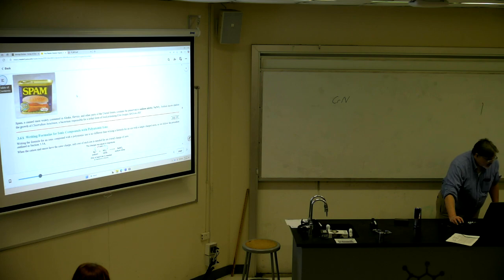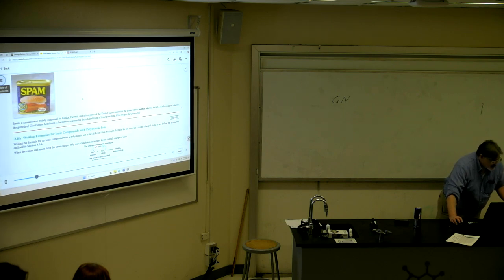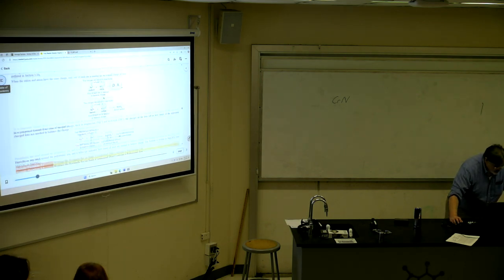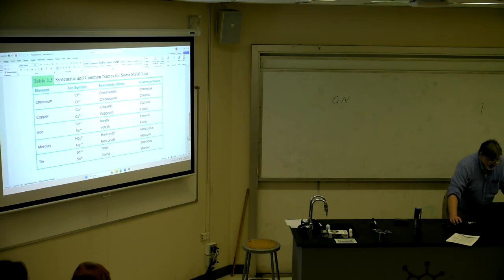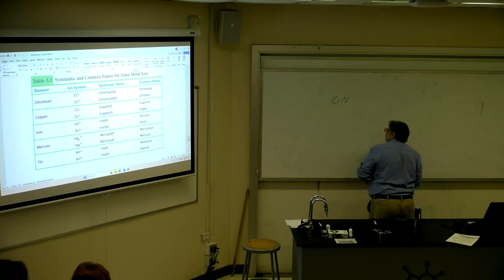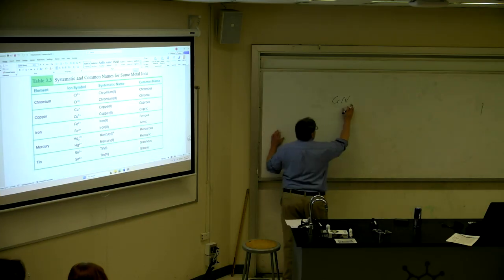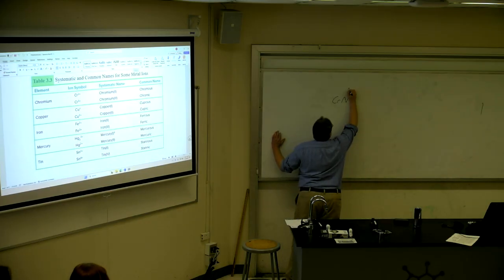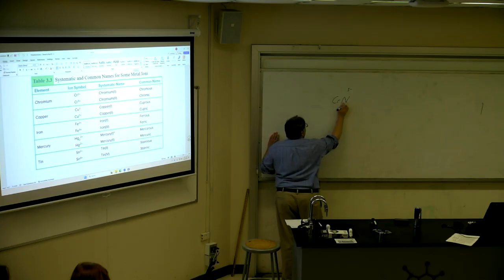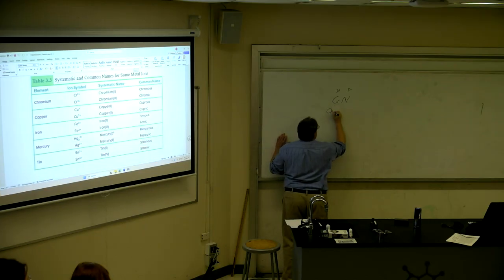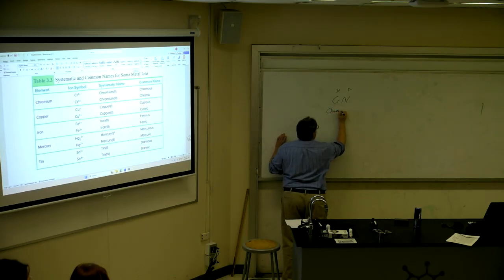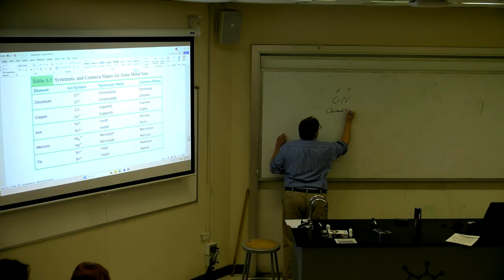It'll be -3. Oh yeah, I didn't go to the problems yet. All right, so if this is -3 and there's only one of them, you've got a total 3 negative charge. That means you've got to have a total of 3 positive charges. There's only one chromium here, so